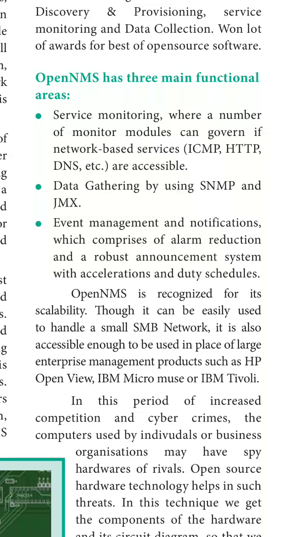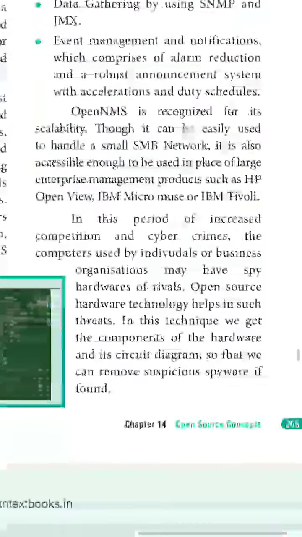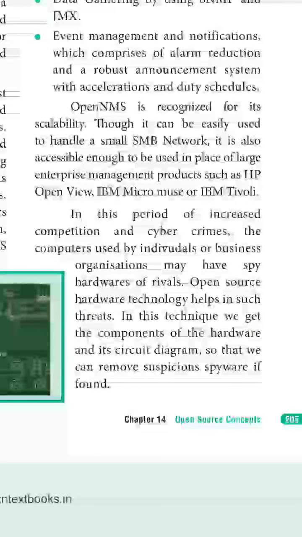Event management and notification comprises alarm reduction and a reboot announcement system with escalation and duty scheduling. So these kinds of activities can be done using this OpenNMS software. It is also open source.